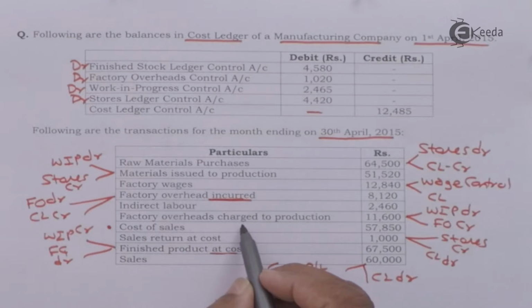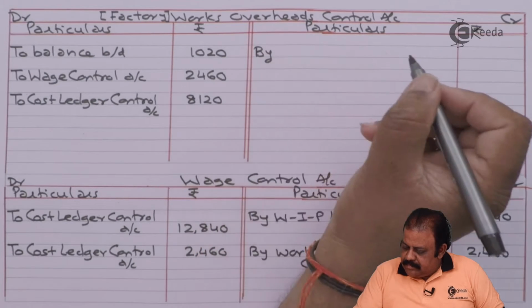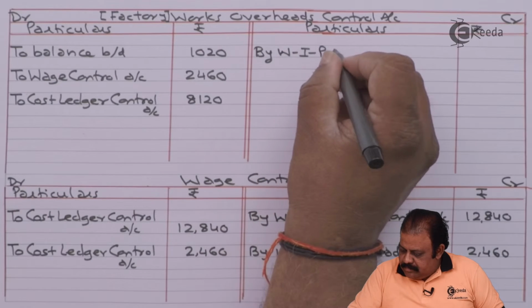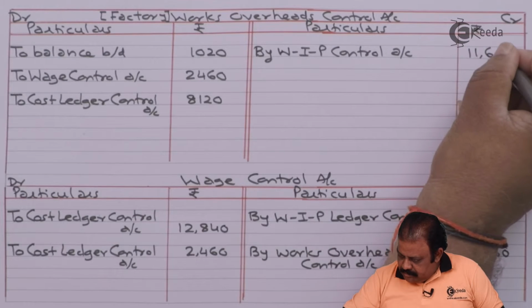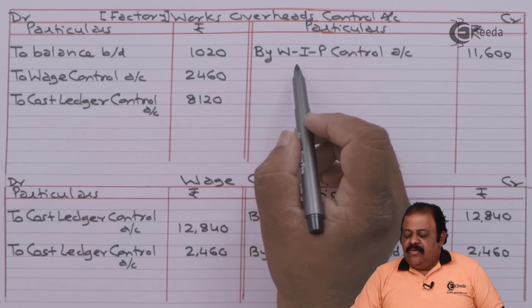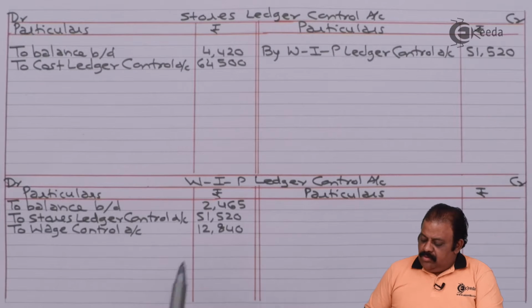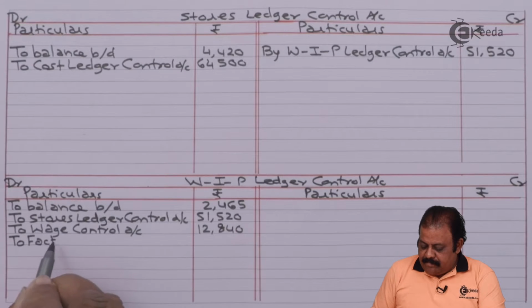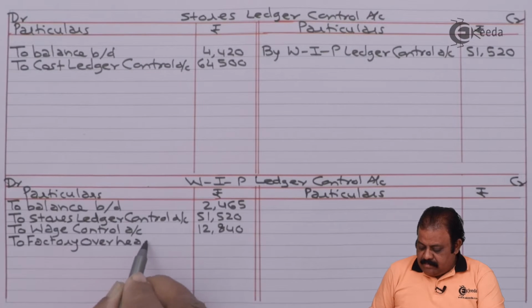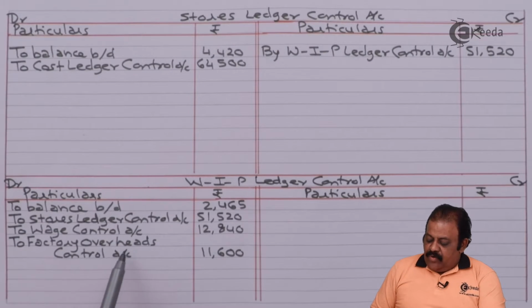Factory overheads charged to production 11,600. This will be credited to factory overheads control account, by work in progress control account 11,600. This will be debited to work in progress control account, to factory overheads control account